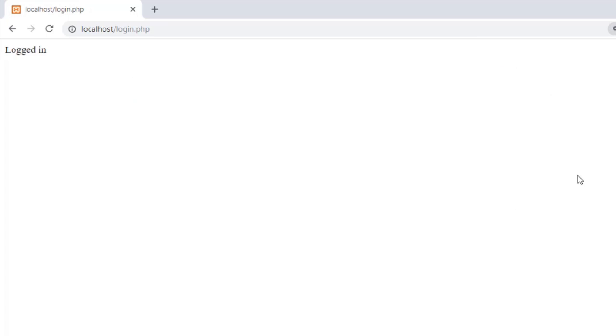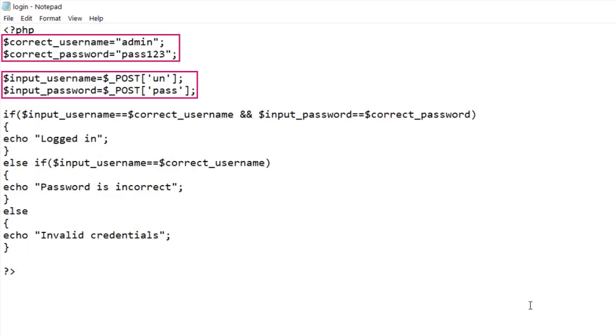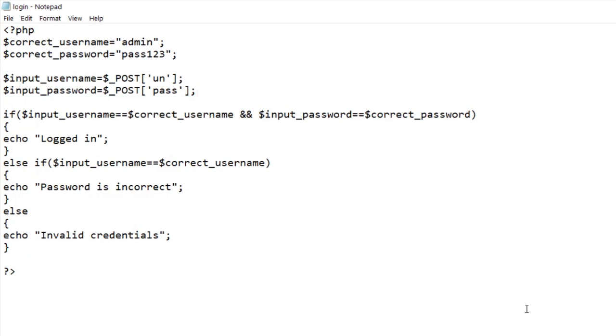Now you can take a look at this program we just created and think why it cannot be used for practical reasons. Well, it's simple. So here, as you can see, we have given the correct username and password against which the input values are checked. But this can only be done for 1 or 2 users. What if there are tens or hundreds or thousands of users? Can we give the correct username and password for each one of them and then check it using the if-else condition? Well, no, we can't. And that is why we use a database to store these values. In the coming topics, we will learn more about databases.